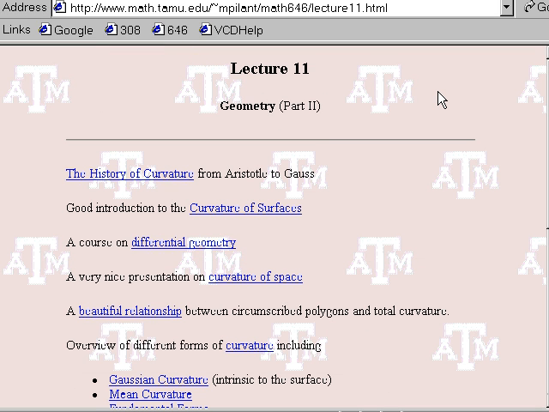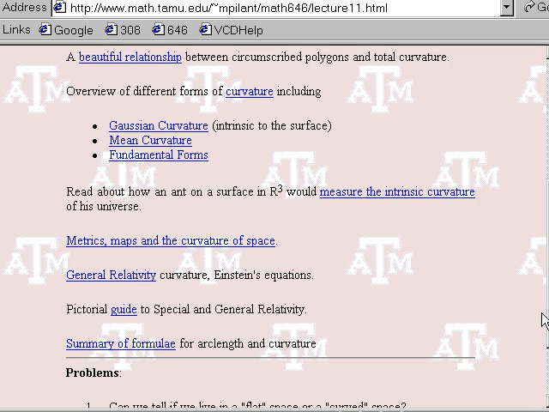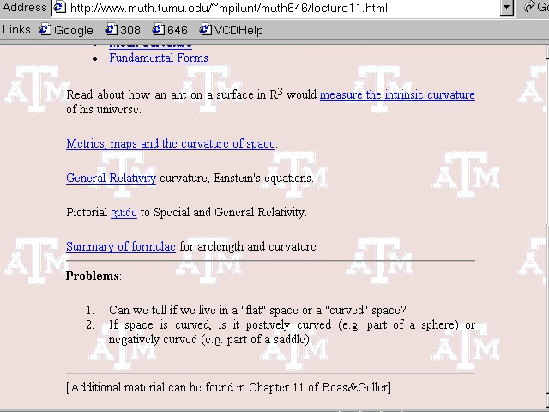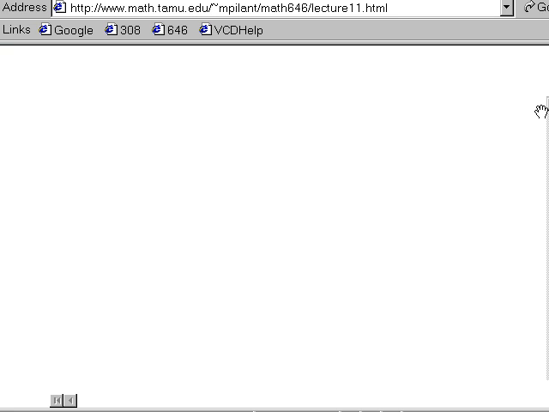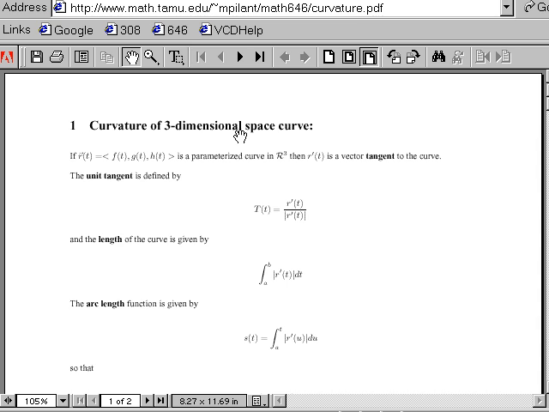Okay, this is lecture 11. It's the second part of the study of geometry, launching off from chapter 11 of Boas and Geller. What I'd like to do today is just to discuss a quantity called curvature, and in order to do that, let's just go down to this brief little summary for arc length and curvature formulas that I've created,